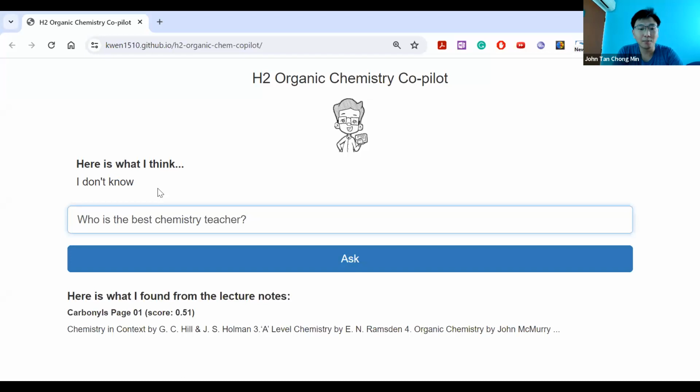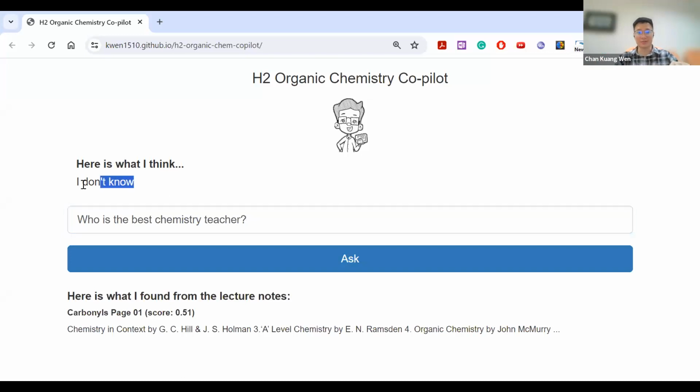So I can see that your prompt is quite robust, because I asked it a question that has no documents at all, and it didn't hallucinate. Oh, so this is actually not by ChatGPT. It's not even from a large language model. It is actually a hard coded response. If the similarity is too low, I will not run the LLM at all. I will just return I don't know. This is what you're talking about to save costs, right?